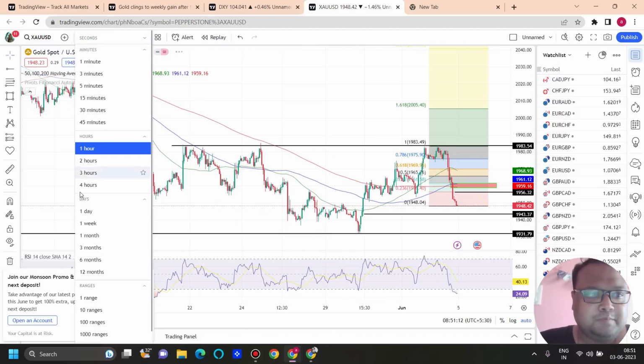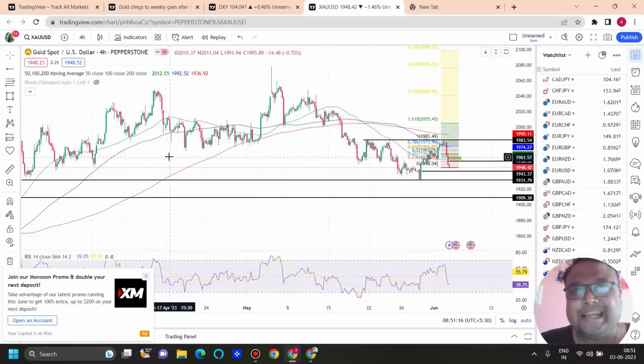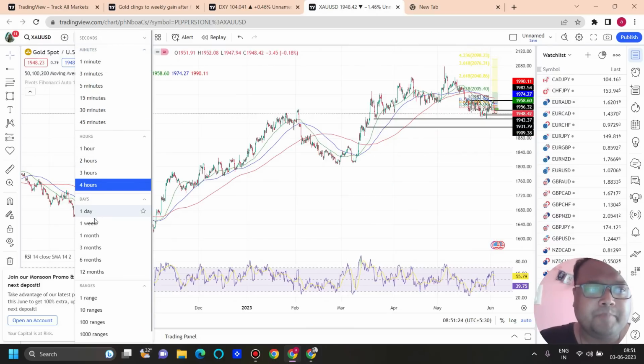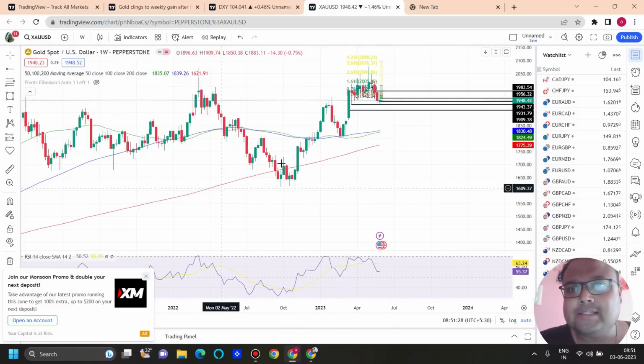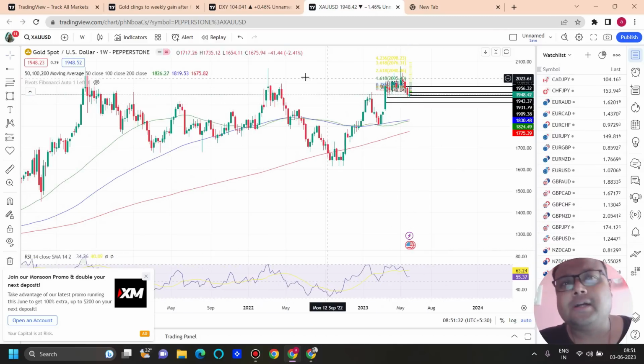So first of all, in this market situation, taking a sell position is the best thing because the trend of the market has changed. If you look at the overall trend, if you go to a higher time frame, then obviously you'll get a different picture. This is a weekly chart, and you can see that on the weekly chart, the market is in an uptrend, and this is just a small correction.